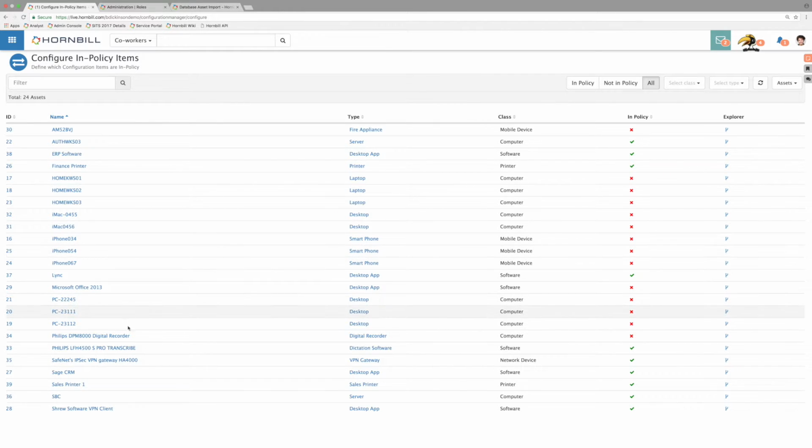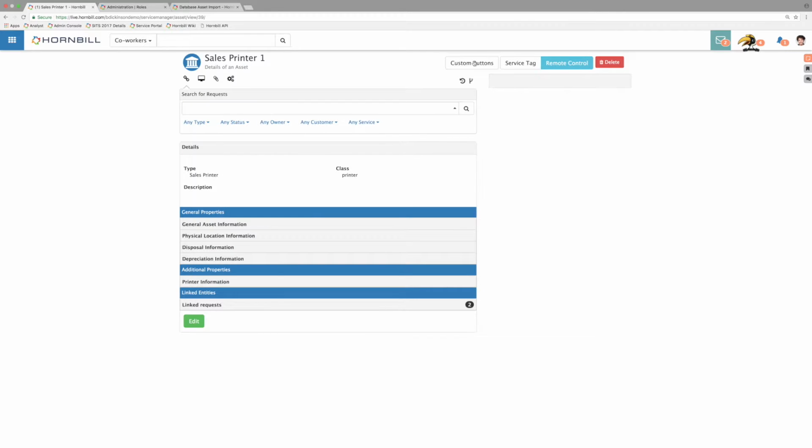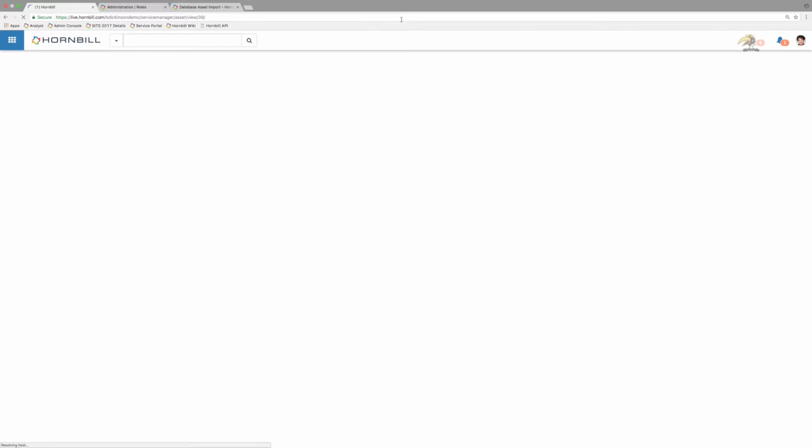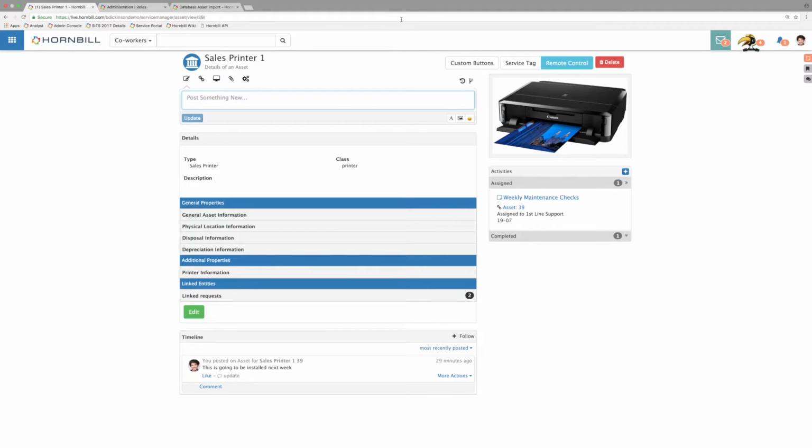So if we actually now pop into the sales printer, the first things that this gives is some additional functionality on your